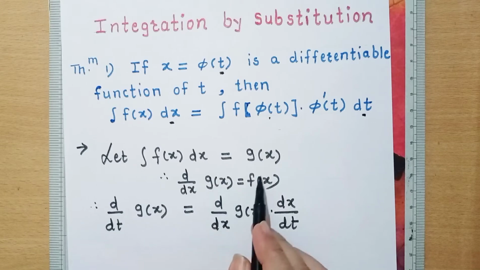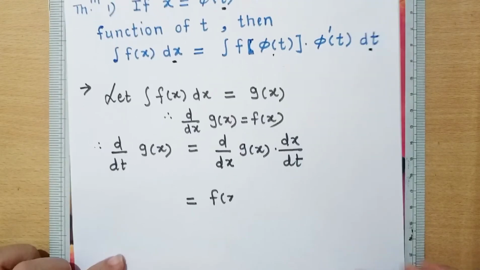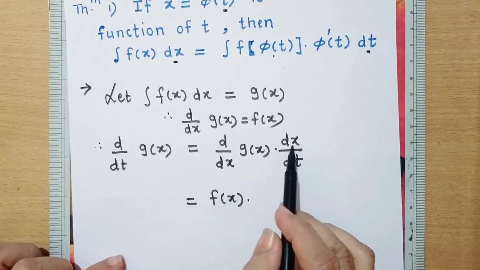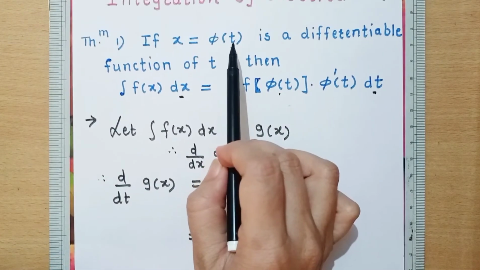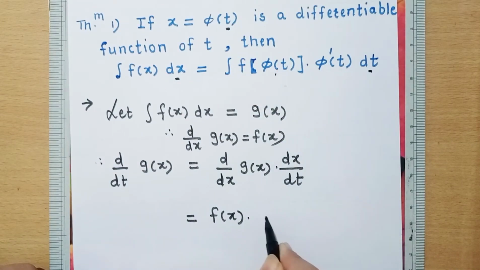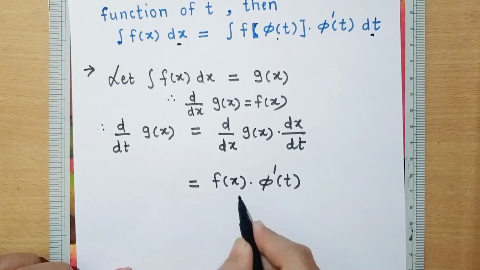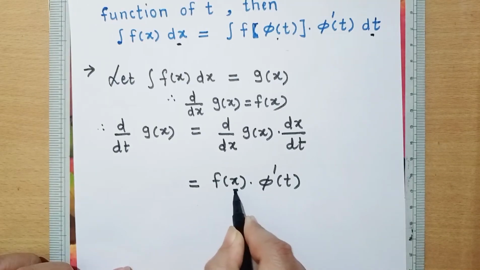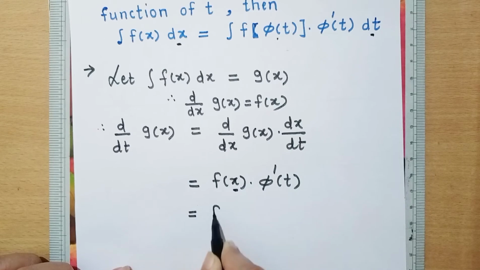So I am writing here f x, and since x is a function of t, phi of t, dx by dt we can write as phi dash of t, and again x means phi of t, so f of phi of t